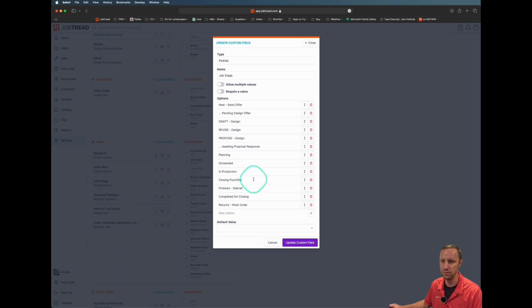We're almost done. We like to do a meeting on the second last day or the last week where we review the work before our crews leave the job site. And then we've got like a finished brief. So the job is done to the customer, but this is our chance to go through any projects, any wins, any losses, any feedback. And then completed for closing is the bucket that we put things into that lets accounting